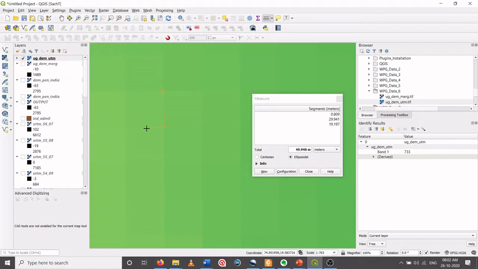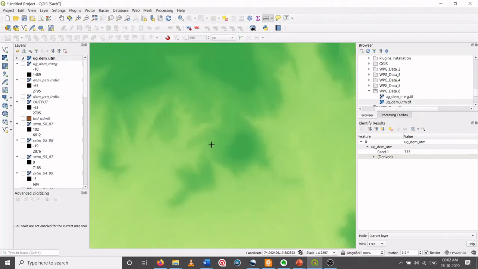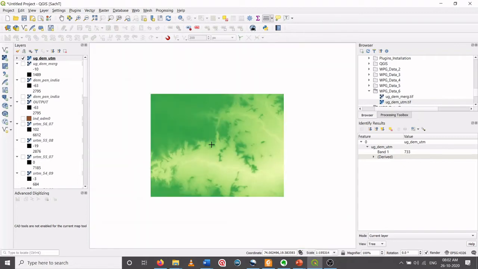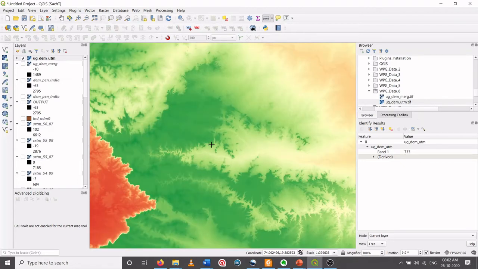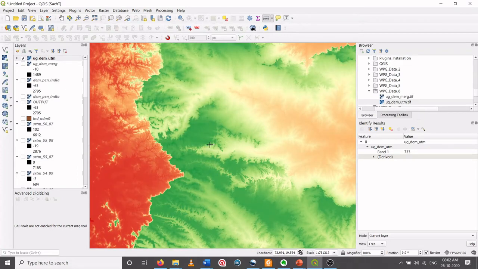Okay, and if I close this and zoom out, I can now see the topography. So here I can imagine the topography of a given geographical area. Now here you see a sharp difference in color.